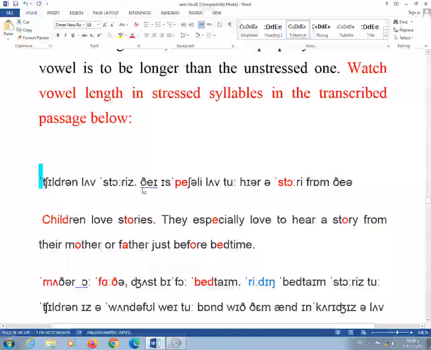Love stories. How is it? Sto. This is the first syllable. Ries, second. Which one do you feel stronger than the other? Of course, the first, and this is why we have this mark, which is the stress mark. Okay. Stories. They children love stories. They